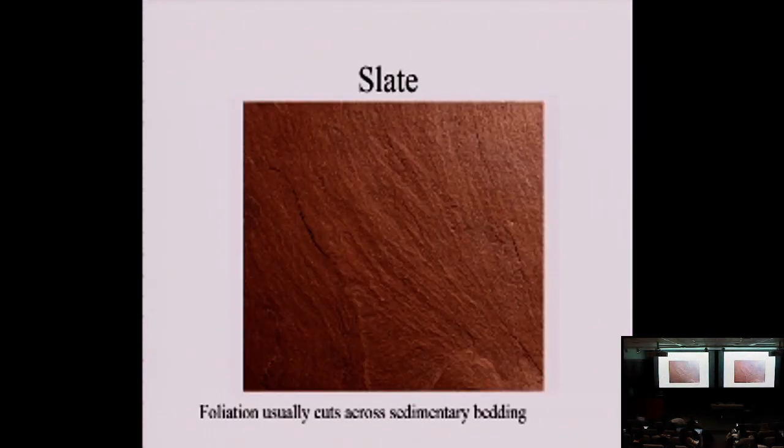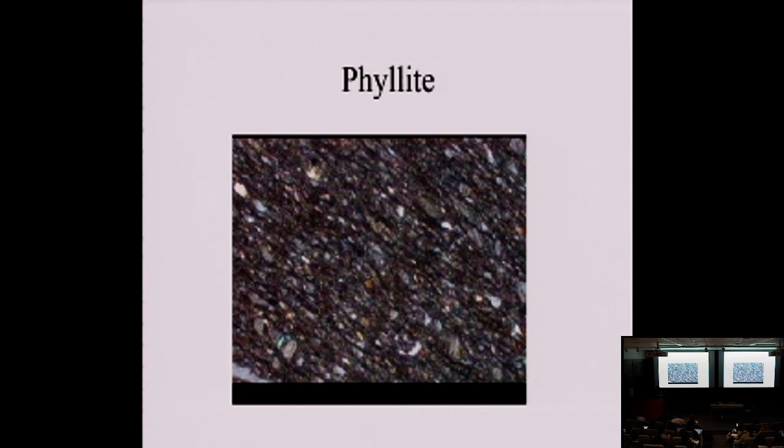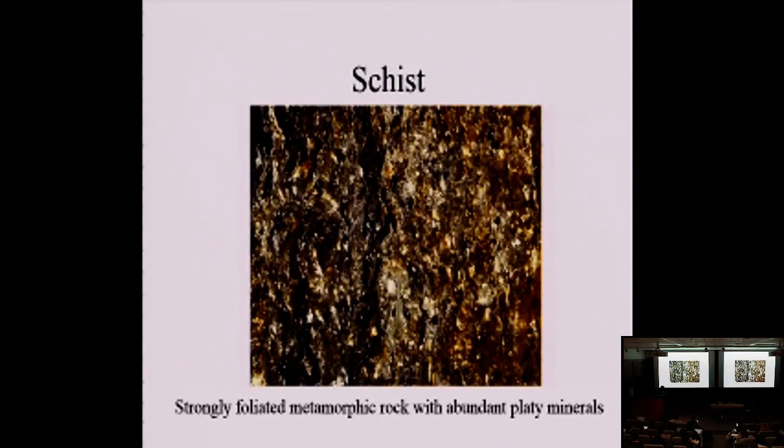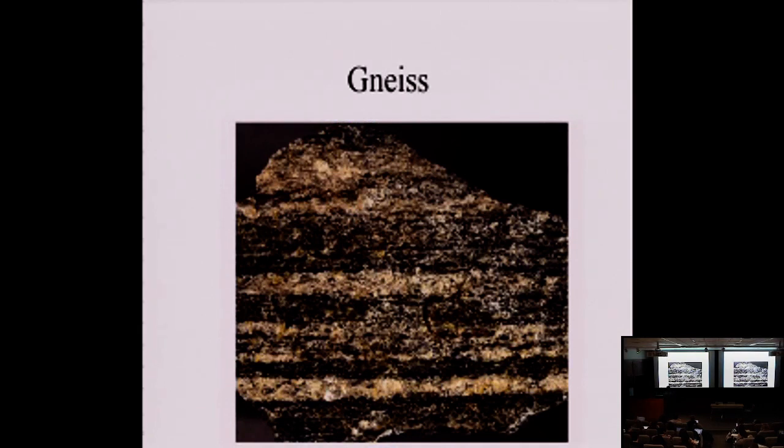So here's just the pictures to end. There's slate. By squeezing and heating slate, you turn it into this intermediate called phyllite. Mica grains start to grow. So it's all clay. Clay smashes together and makes some mica grains. When you squeeze or heat it more, the mica grains get bigger and it turns into schist. So these are just the pictures of that diagram. And then any more heating or squeezing and you turn it into gneiss. You've taken micas and you turn them into